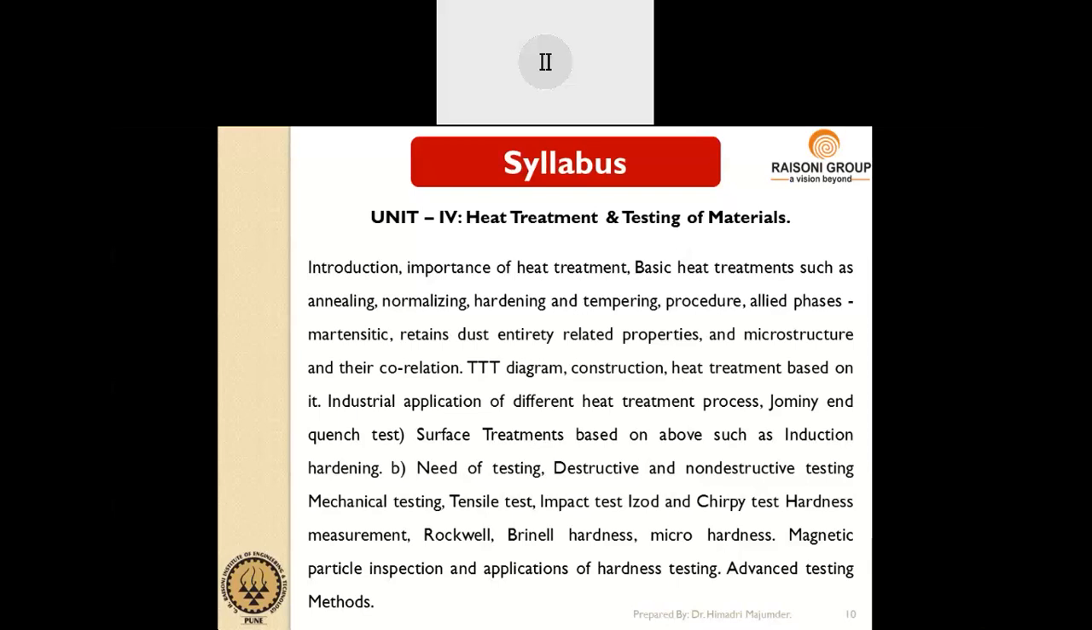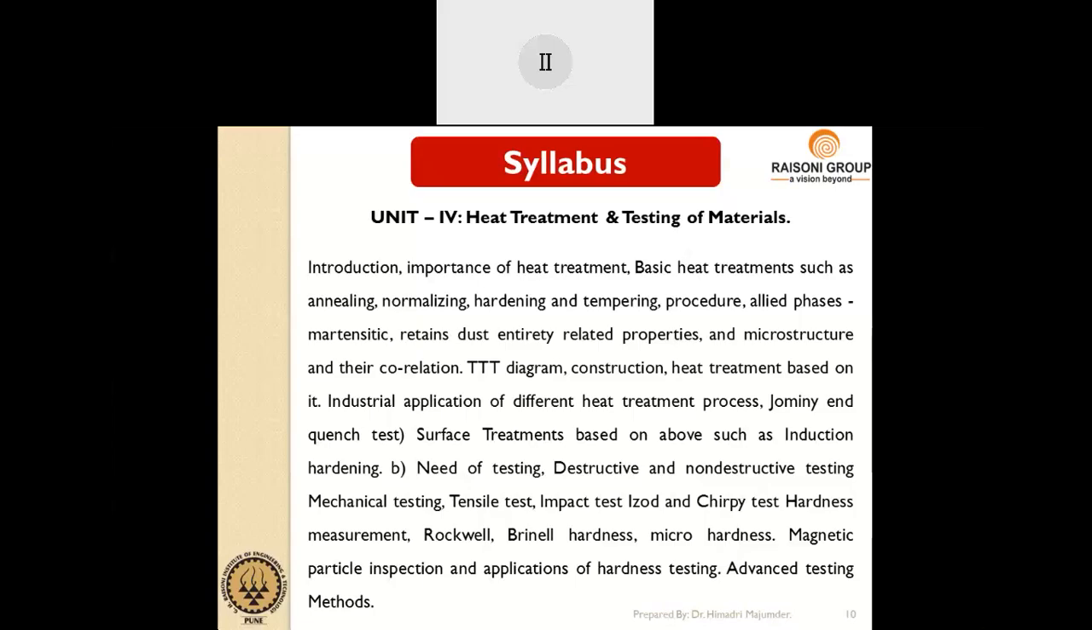See, from the point of view of a mechanical engineer, heat treatment can be considered as one of the manufacturing processes. So it is very important that you have a thorough understanding of this heat treatment, what is meant by heat treatment, how the heat treatment affects the structure of a metal,